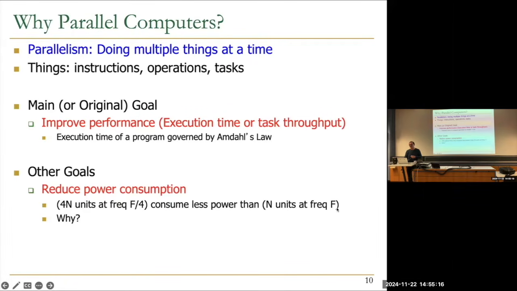So the main reason over here is, this is assuming you can perfectly parallelize your program, by the way. First of all, there's an assumption over here. You can perfectly parallelize your program, or you have completely independent things. That way the baseline is you run n units at frequency f, or let's make n 1 unit at frequency f, and you have 4 units at frequency f over 4. Assume that they take the same time because you reduce the frequency by 4. This is still more power efficient.